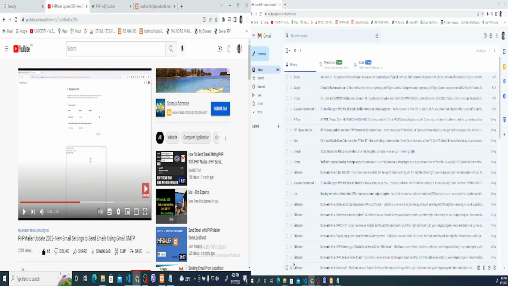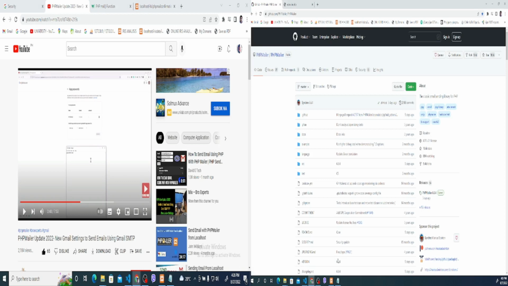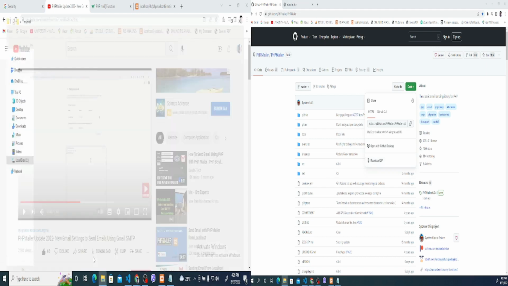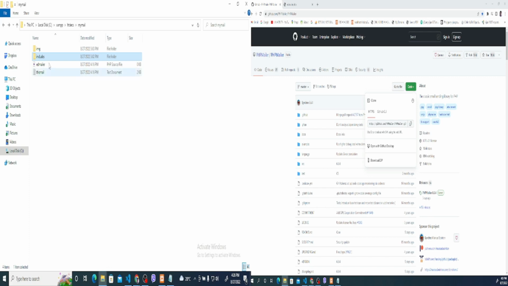This one? Is it this one? No. So this one, you type PHP mailer and then get this one, download the zip and unzip it to the said folder. So you have to unzip it here and inside includes. So outside include, there is where you're gonna put the new file,